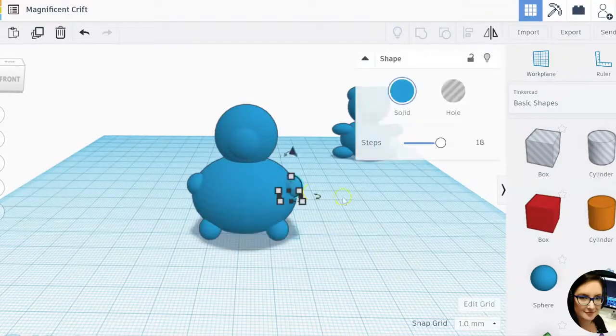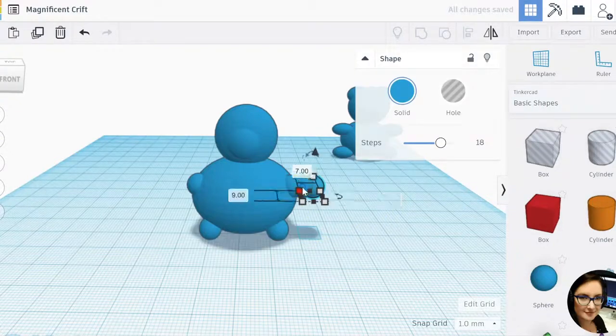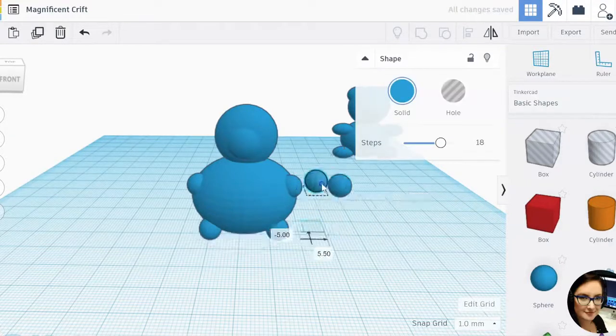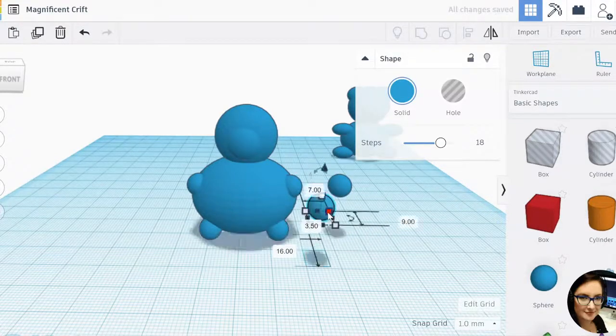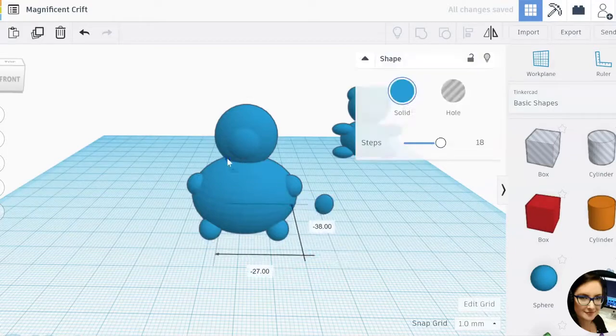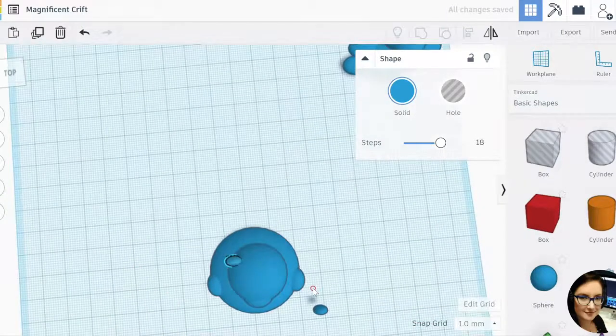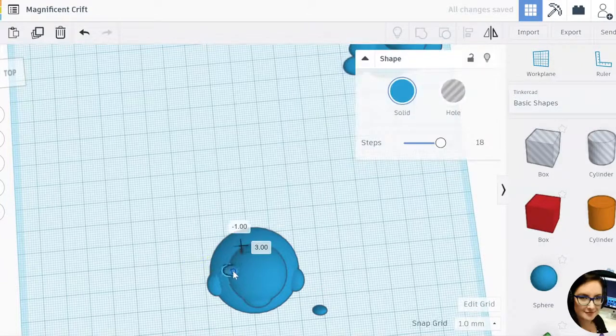Oh, and I think we're missing something. We're missing some ears. So let's Control C, Control V, and then Control V another time to make some ears. I'm going to select both those ears, drag them out. Oh, no, maybe not. Actually, let's try just one of those. That looks kind of more ear-like. And drag him up. And again, let's use that zoom overhead to see what we're doing.